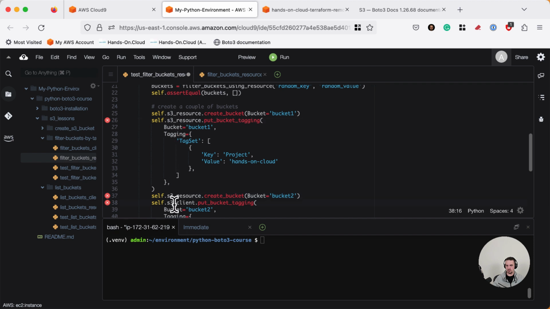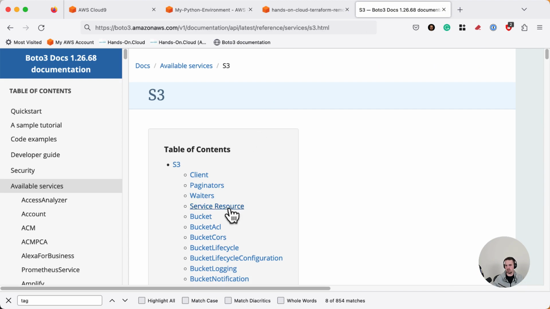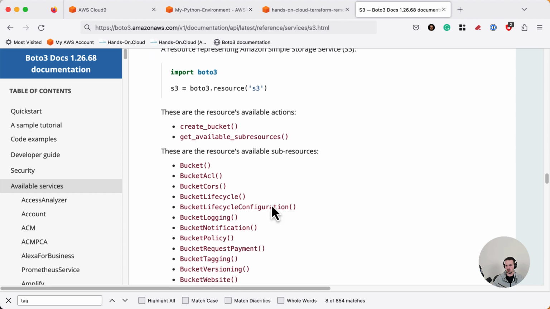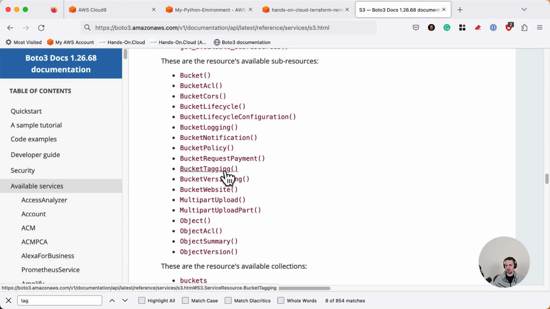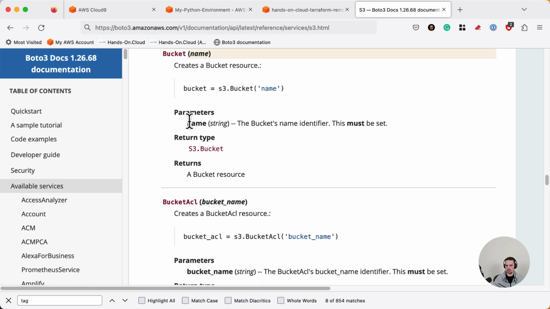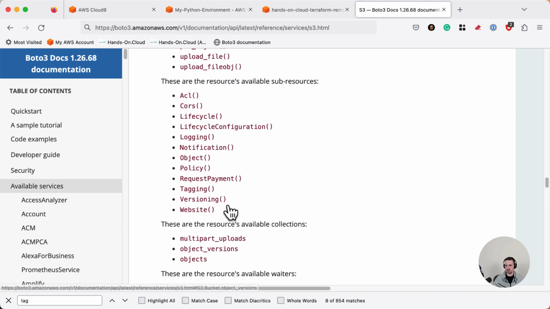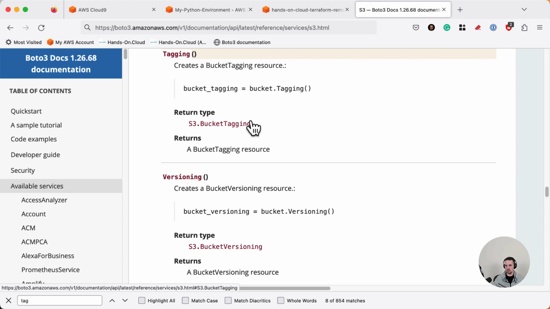And now we need to set tags, right? So to set tags, we need to use a tagging class, as we remember. Let's go to the documentation, open the service resource. We saw it already here. Let's go to bucket, the actual bucket class, then take a look at what we have as a nested resource. Nested resource has tagging, and